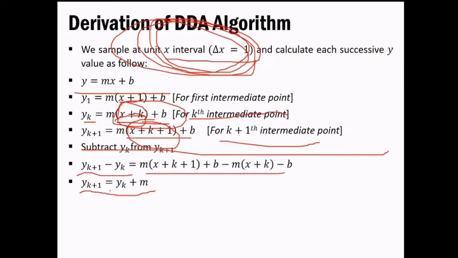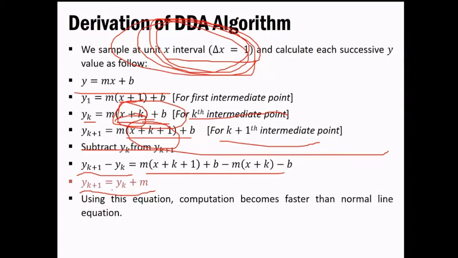If it is not clear what yk plus m and yk plus 1 are, don't worry, we'll see one example of the same. At that time you'll be easily able to get this. This is yk plus 1 and this is yk, because we are doing this in iteration form. So you get this value, and the most recent value is always needed for the calculation.